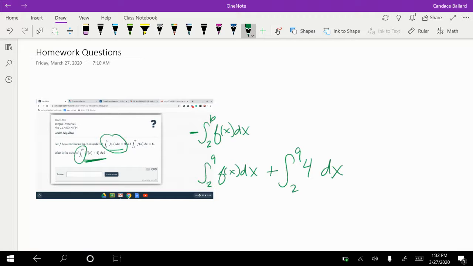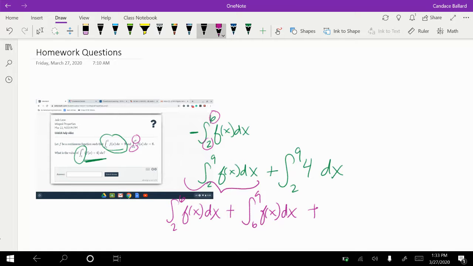Well, I know this piece of it here, I can add up from 2 to 6 and then from 6 to 9, and that would give me that piece. So that's going to be from 2 to 6 of f of x dx plus from 6 to 9 of f of x dx